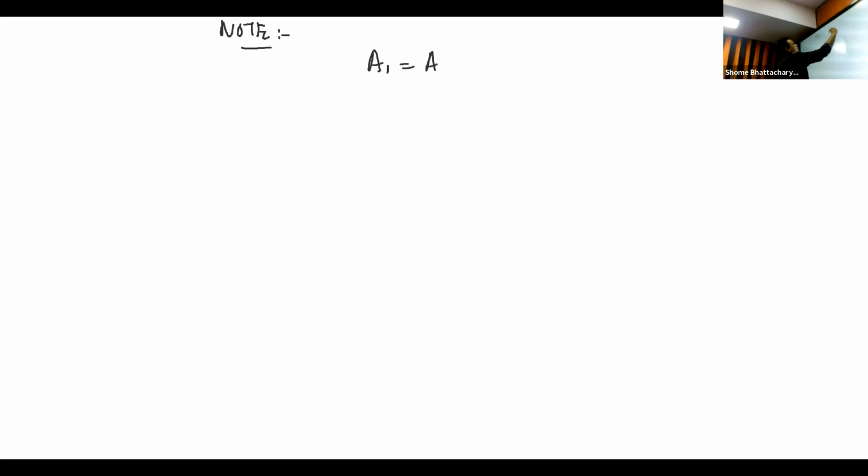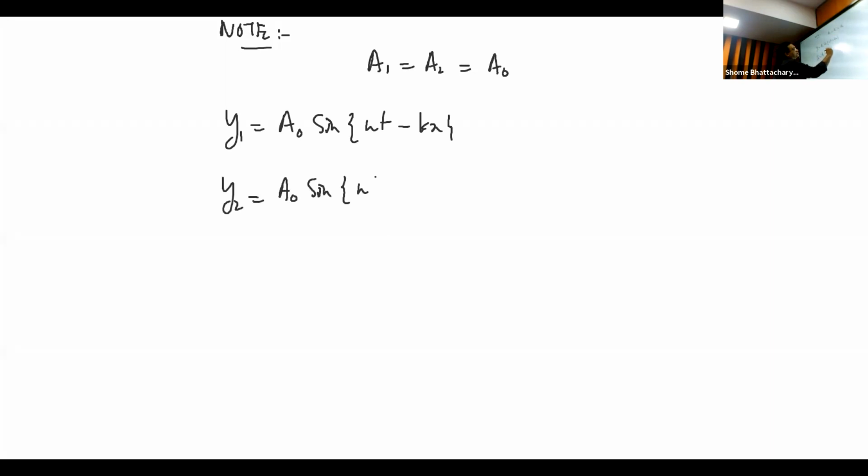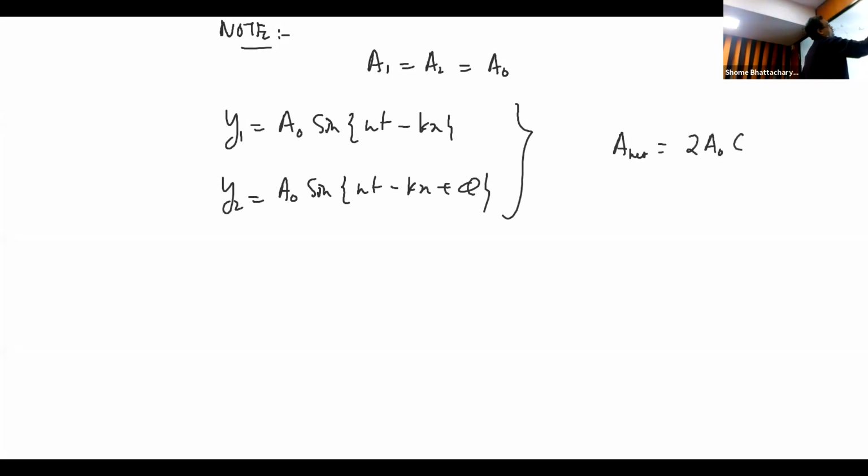Okay, so again we are discussing the special case where A1 is equal to A2 equal to A0. Okay, so we have the superposition of these two waves. Okay, then when we do the phasor addition, we can further reduce the formula for the net amplitude to this: 2A0 cos phi by 2. In fact, ideally this should be written as mod cos phi by 2, but okay, so this basically comes from that idea that if your two amplitudes are equal,